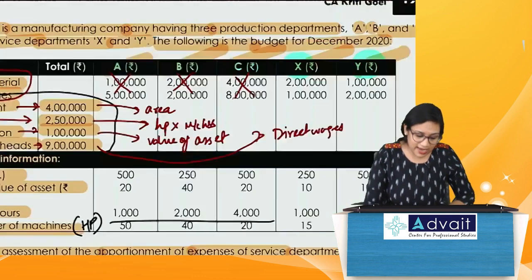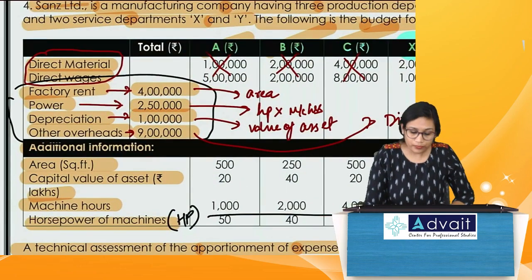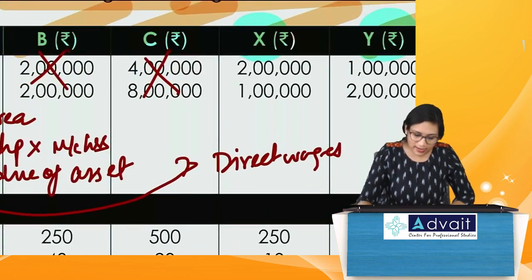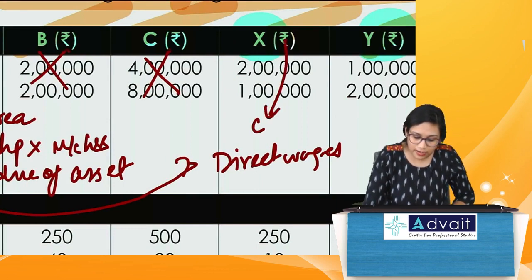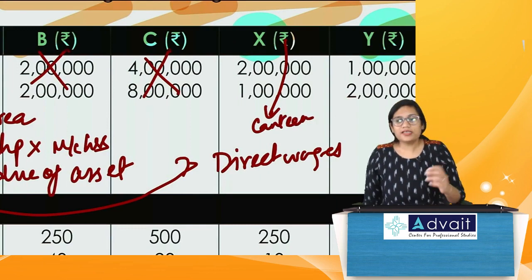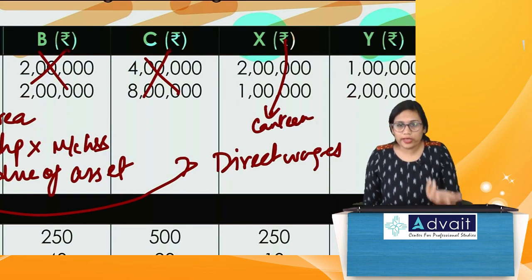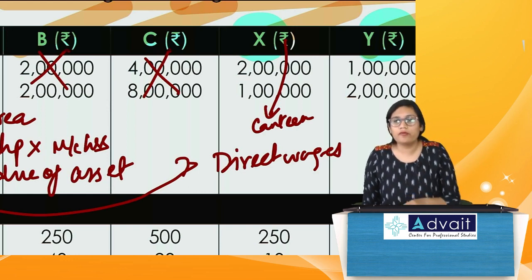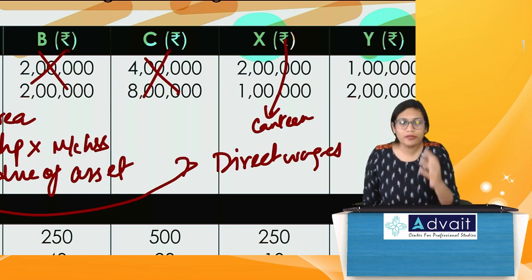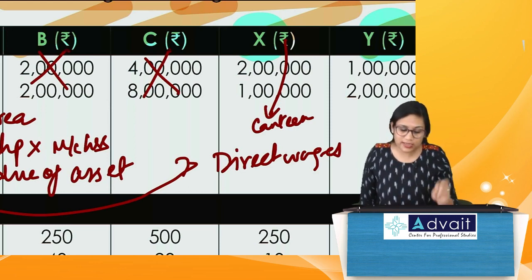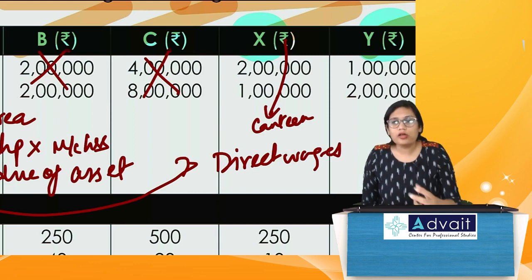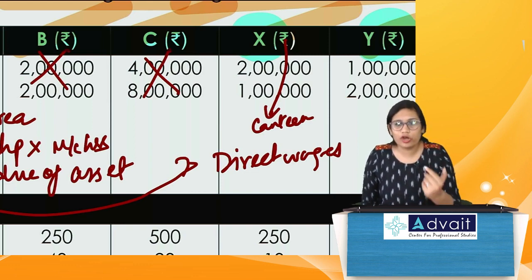So when they are saying direct material here, let's say for service department X, let's say this service department is canteen department. What do you think is the direct material in canteen department? The food, the raw material that is going in manufacture of food in canteen, right? So let's say they are making idli. What will the direct material be for idli? The batter, correct? The batter will be raw material or direct material, correct?